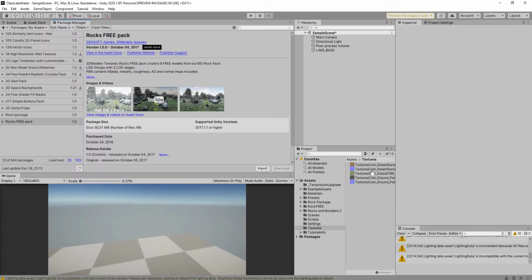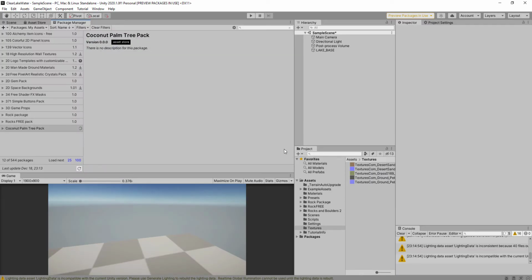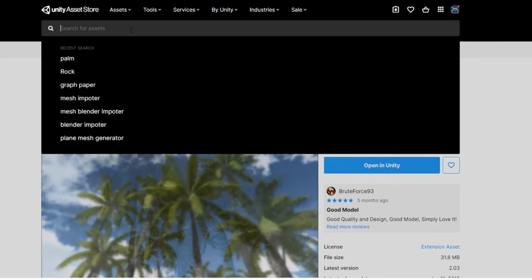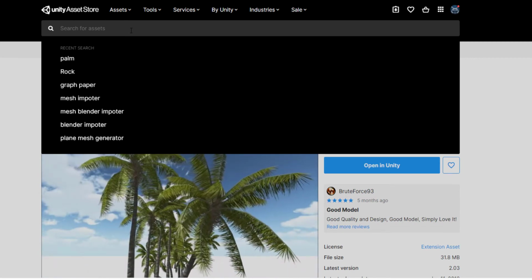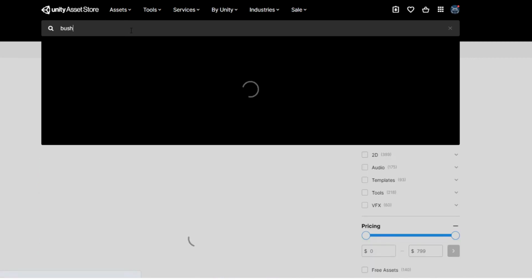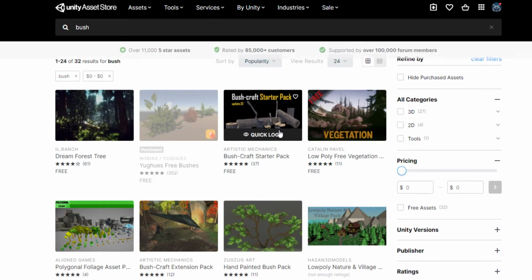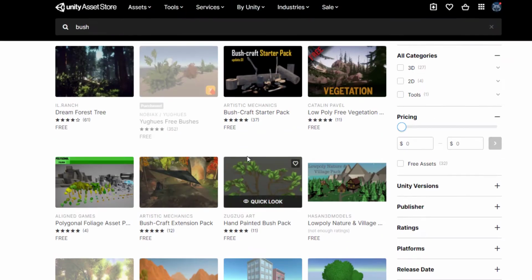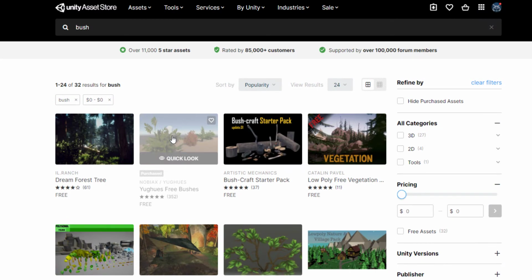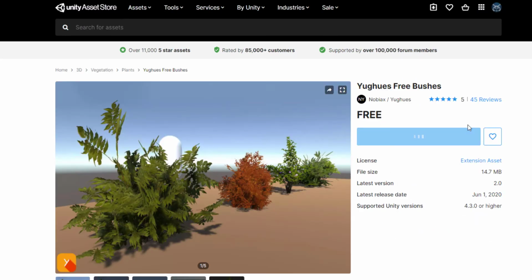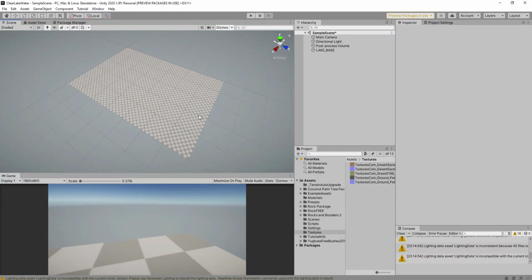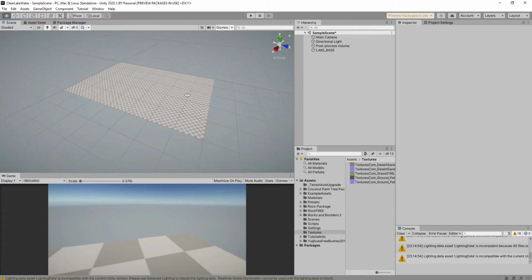Open in Unity, import. And finally, maybe we can download some, yeah, for example, this package, maybe. Open in Unity. I think we are ready for process lake base,